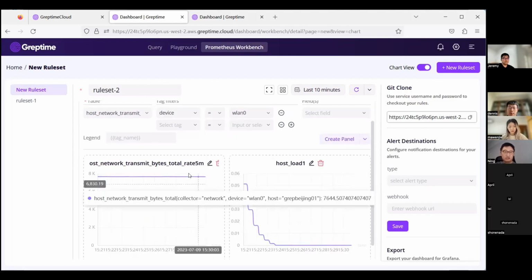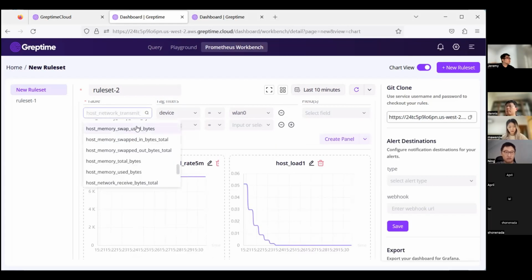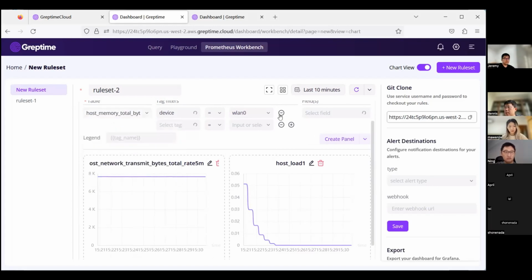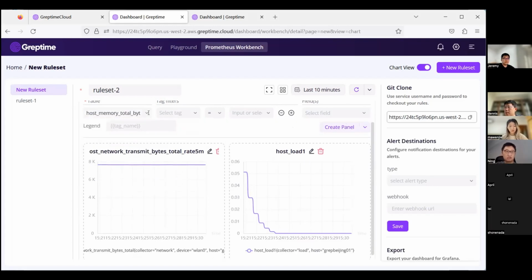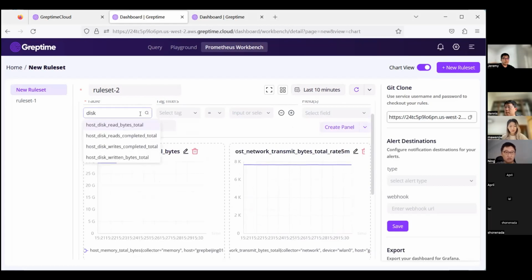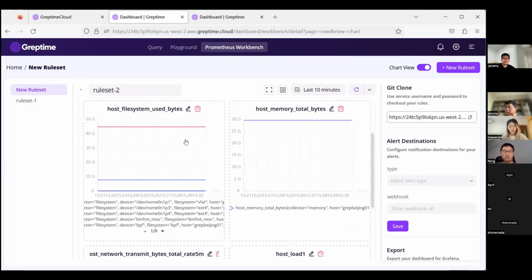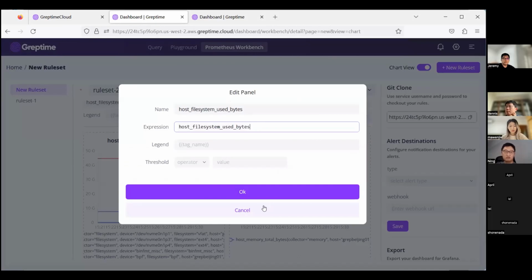So it's visualized, and you can still do more with memory, or disk, or file system. We want to make the process as fast as possible, and you can still edit this expression to customize it.